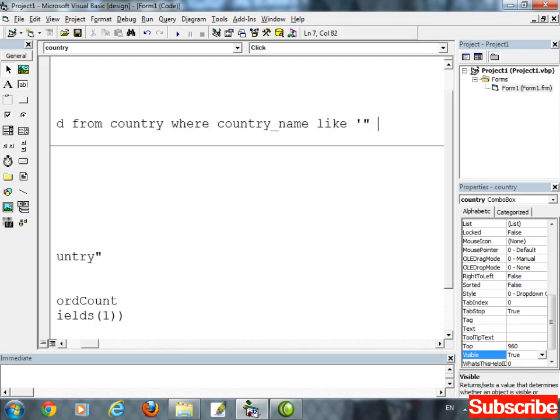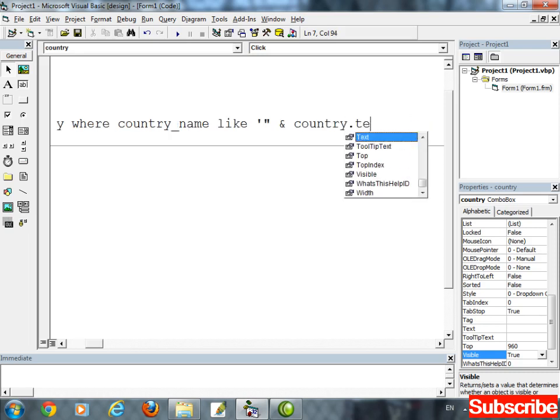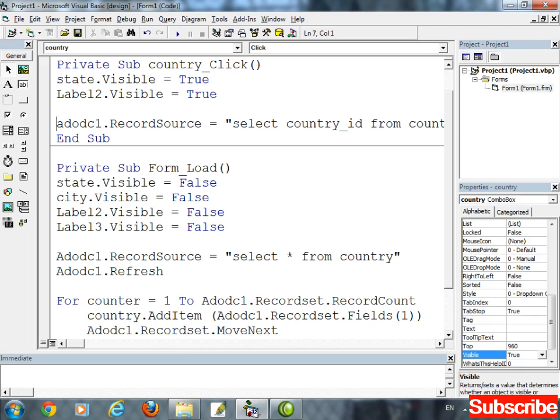Start single quote and concatenate the text of the country combo. Country dot text. Again concatenate. Start double quote, close single quote, and close double quote. Simple. We have started the record source for selection of the country ID.